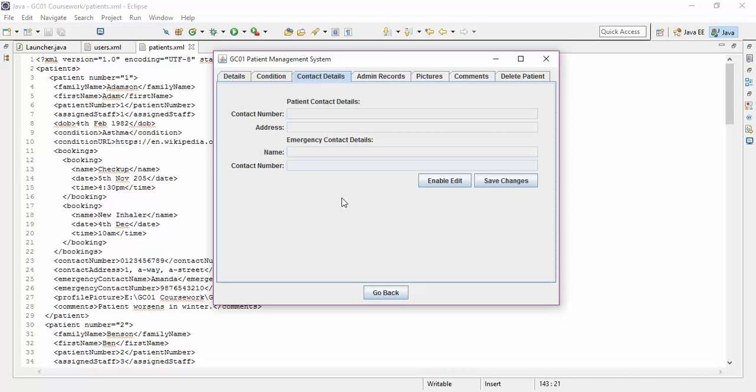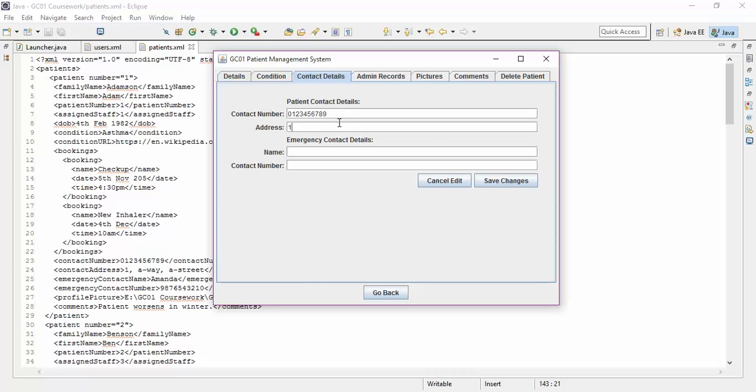Now this is one of the first ones which is completely blank, because when the constructor is pulled with the minimal text, it just leaves blank spaces for all of these. So the intention is that the doctor or the administrator creates a patient with the minimum amount of data and then can go and fill in the fields later on at their leisure, because they may not have all the information to begin with. So in here, same deal as before, click Enable Edit and type stuff in,